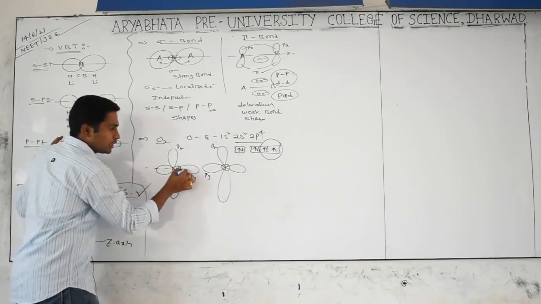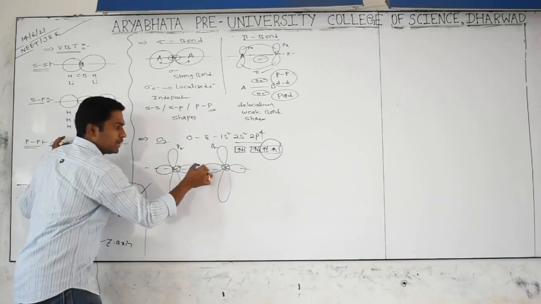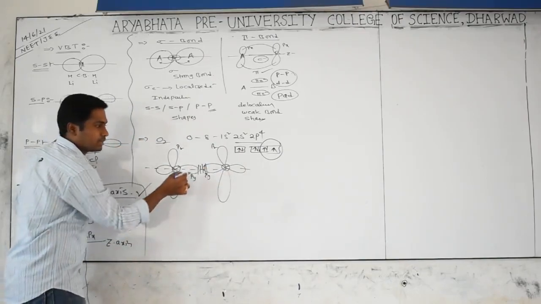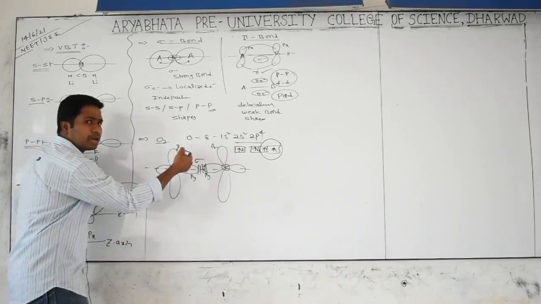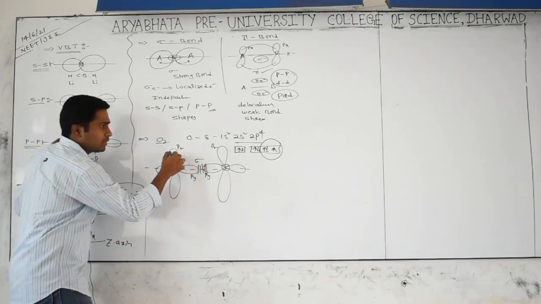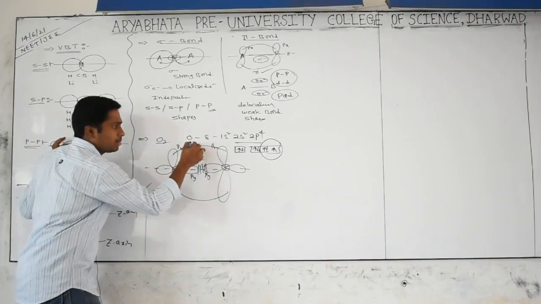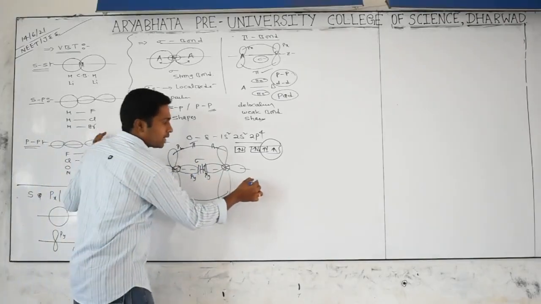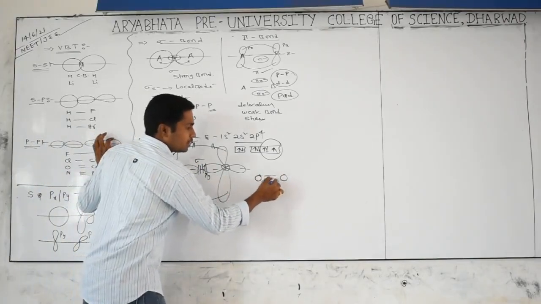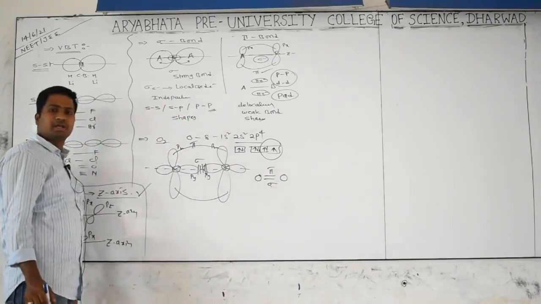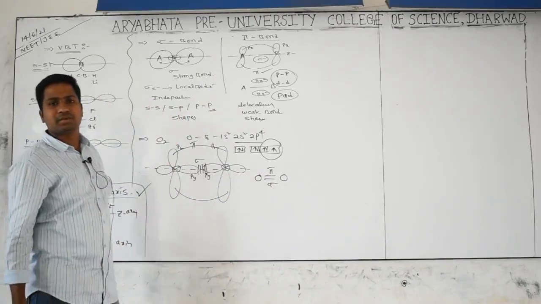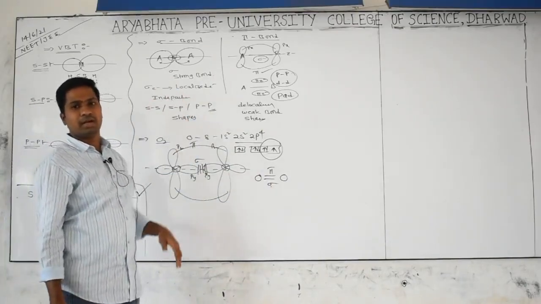Now they are approaching each other through the internuclear axis. First of all, head-on overlapping happens, and that gives the sigma bond. After that, the remaining orbitals are parallel to each other and perpendicular to the internuclear axis, so they are involved in sideways overlapping, which gives the pi bond. That's why between oxygen and oxygen we have a double bond: one sigma bond and one pi bond. Always the sigma bond is denoted below because it is stable with less energy. The pi bond is a weak bond, meaning more energy, so it is denoted above.